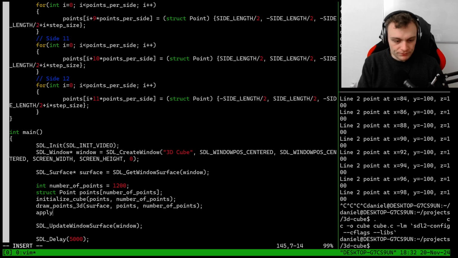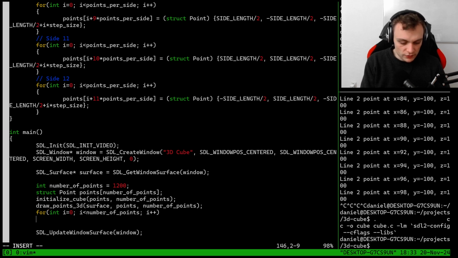Let's just do a loop. For int i equals 0, i smaller than number of points, i plus plus, and for every point we call apply rotation